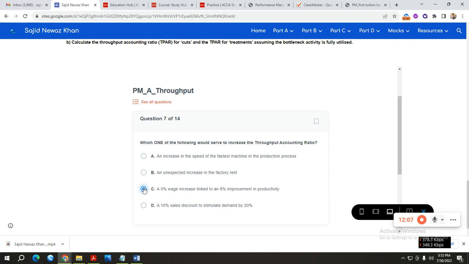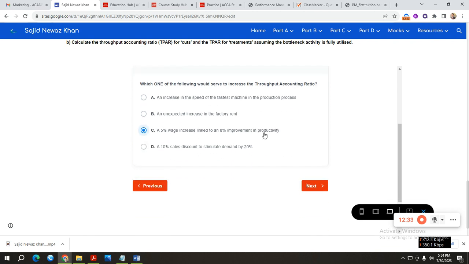Discount, এটা আসলে without more figures, you can't really say যে আমার একটু ডিমান্ড বাড়লেই যে আমার থ্রুপুট বাড়বে, বিকজ সেলস প্রাইসটা যখন এফেক্টেড হবে তখন অবভিয়াসলি আমার থ্রুপুট কমে আসবে, কমে আসলে আমার থ্রুপুট অ্যাকাউন্টিং রেশিওটা কমে যেতে পারে। সো দিস ইজ দ্য বেস্ট অপশন, যে আমি মাত্র 5% কস্ট যদি আমার বাড়ে বাট রিটার্ন যদি 8% ইমপ্রুভ করে, সো দ্যাট শুড ইনক্রিজ মাই থ্রুপুট অ্যাকাউন্টিং রেশিও। অলরাইট, ওকে।